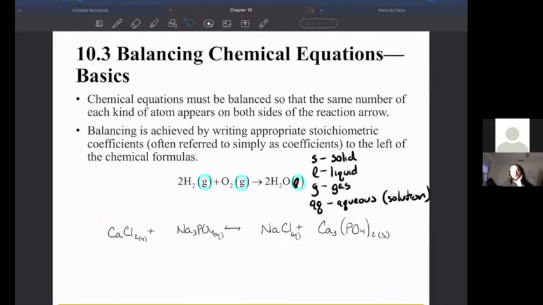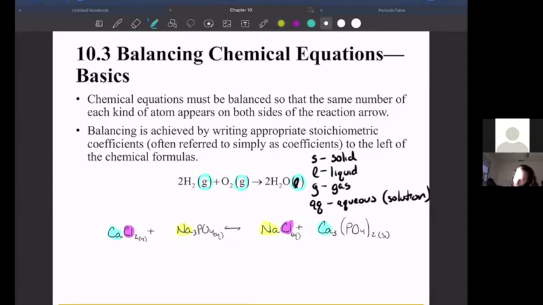All right, so this next example is a little bit tougher. So I just wanted to do this so that you guys could see how my reasoning would be. First thing I'm going to do is go down the line and try to balance on the fly as much as I can. So starting off with the calciums. First you want to identify everything on both sides. So this calcium over here, chlorine over here, sodium,